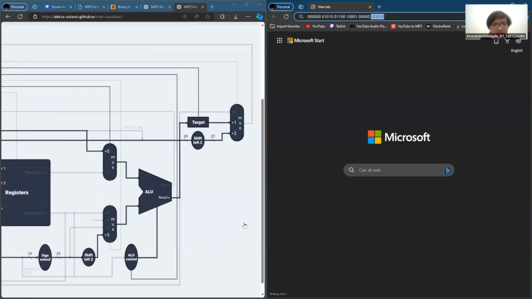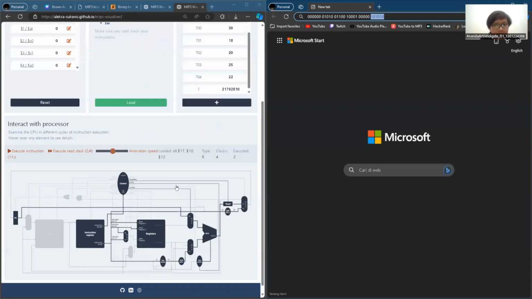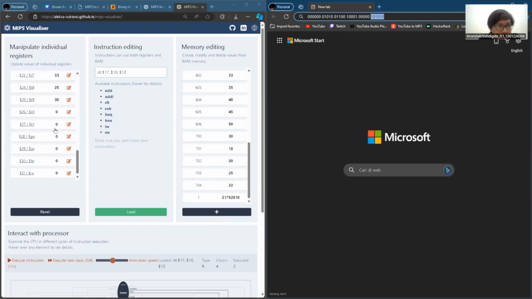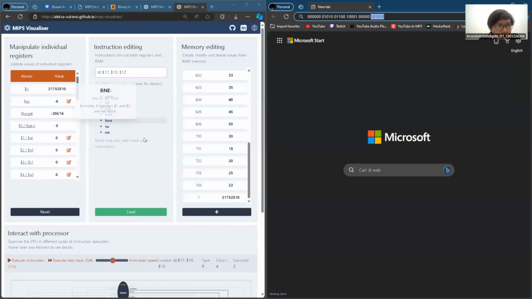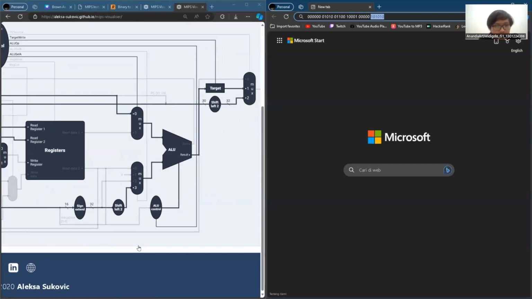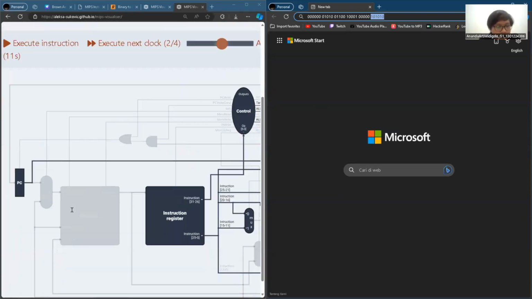Because after that, we can see here on the register memory that the target is now minus 30674, which is different from the previous step, which I think is 0. So there is a change too. Okay, so there's nothing changed other than target.